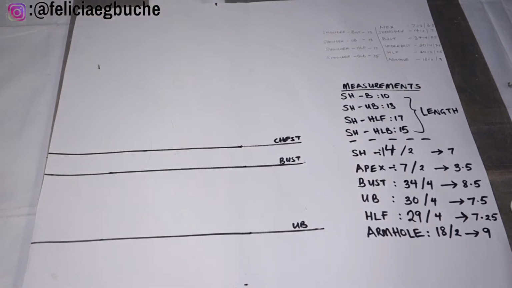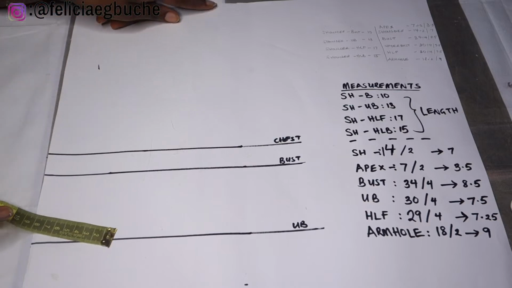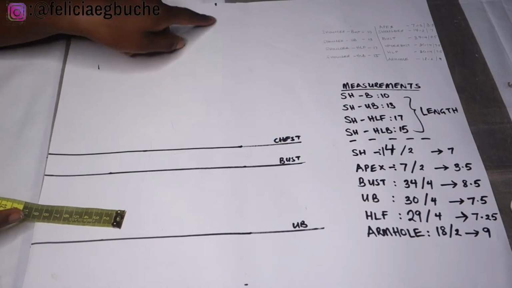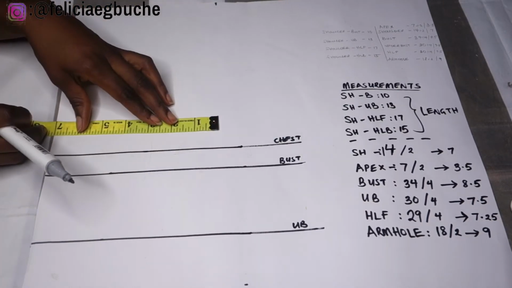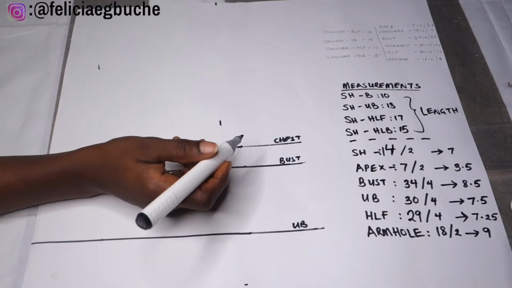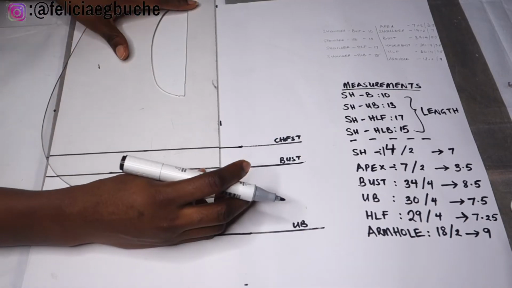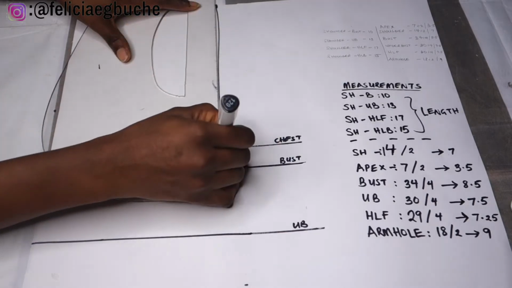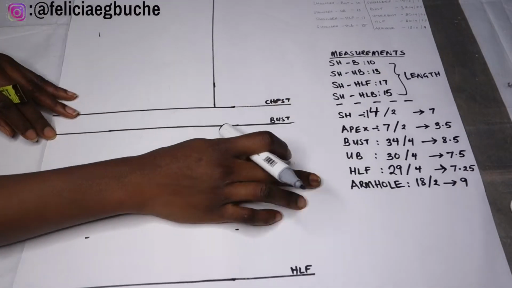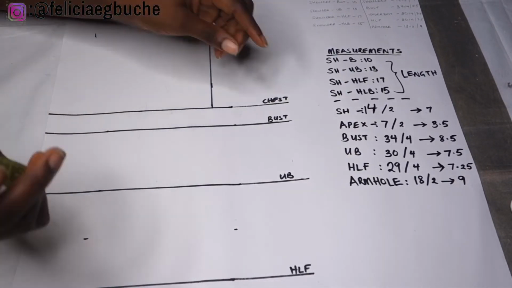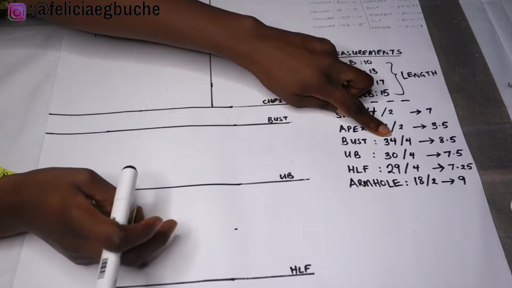So now the next thing I'm going to do is to mark my shoulder line. Remember that my shoulder measurement right now is 7 inches, after it's been divided by 2. So I'm just marking 7 inches again because I want to have a straight line for the shoulder line. Okay, so right now I've marked my straight line, and then the next thing I'm going to do is